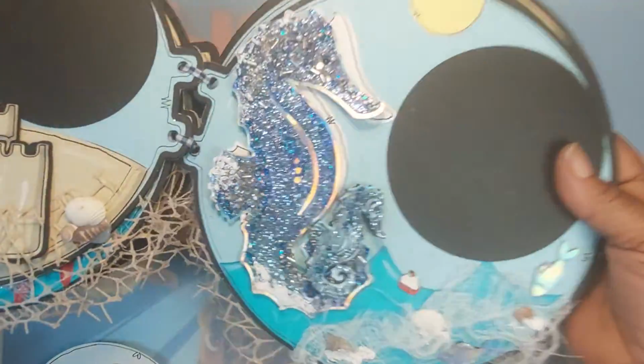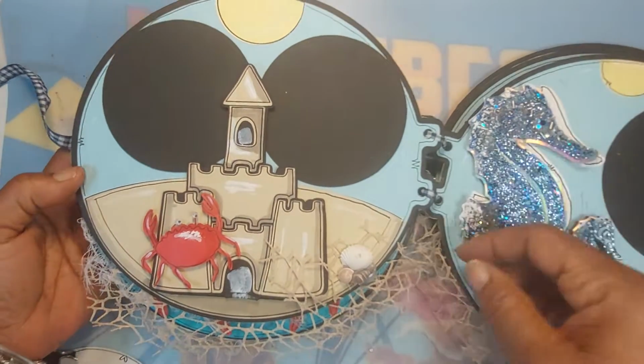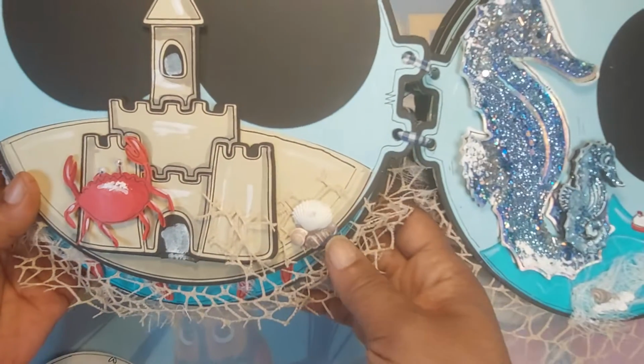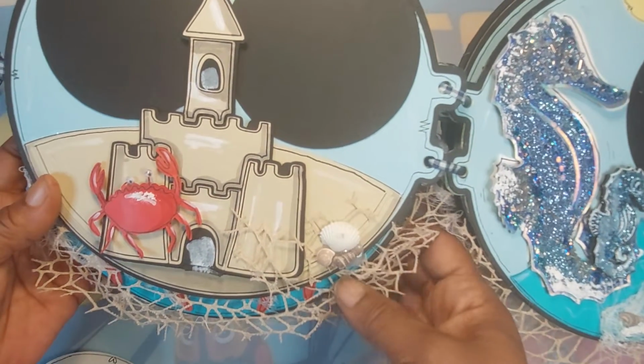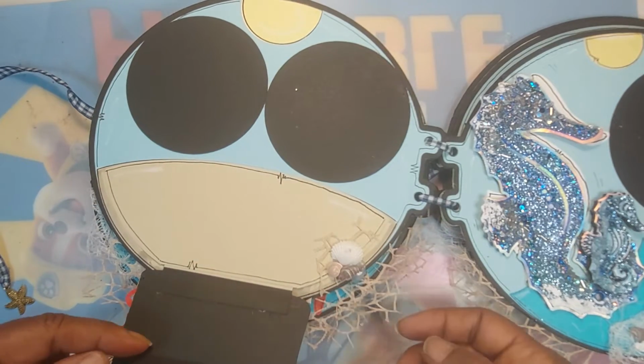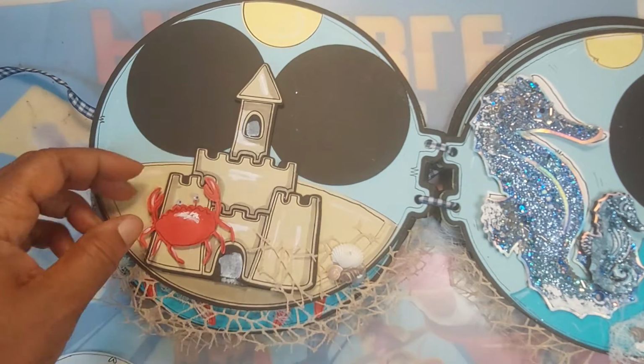And the next page is a sand castle with a crab. Someone has abandoned their sand castle. So I just did a cluster over here. And this comes down like that, and they can journal right here. 2 pictures here. And that's that